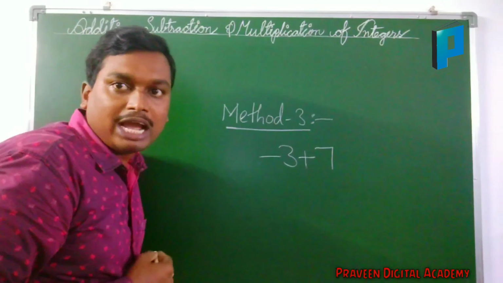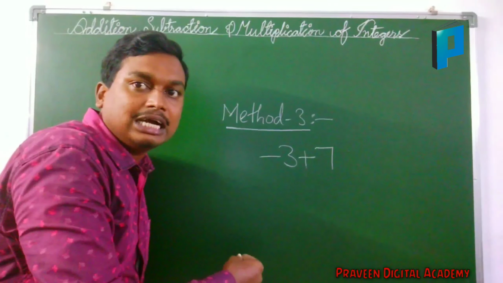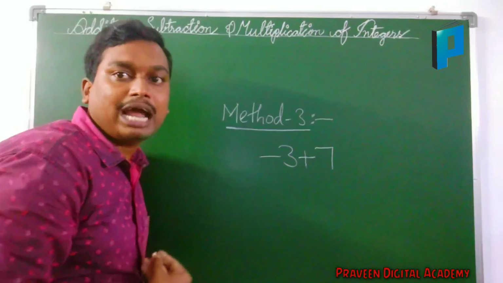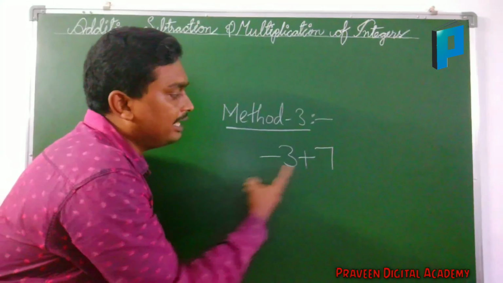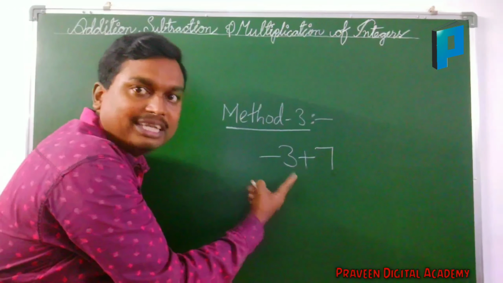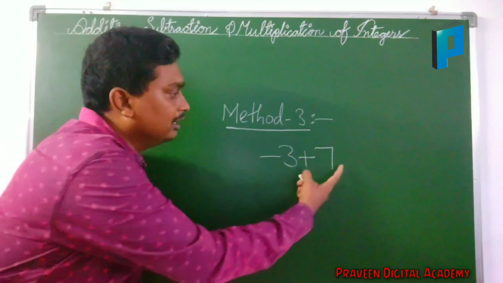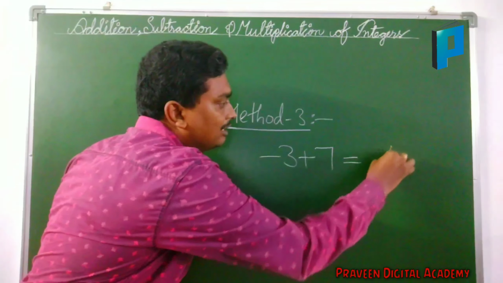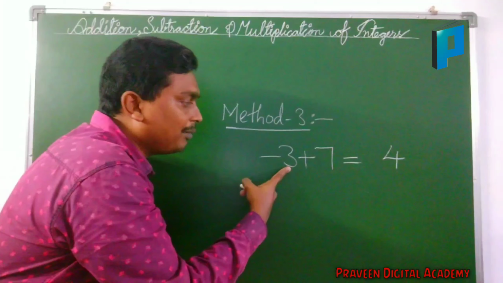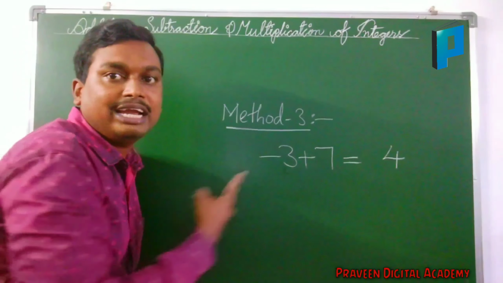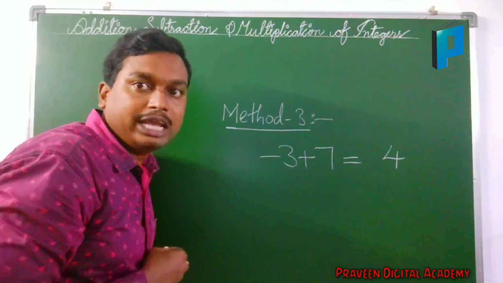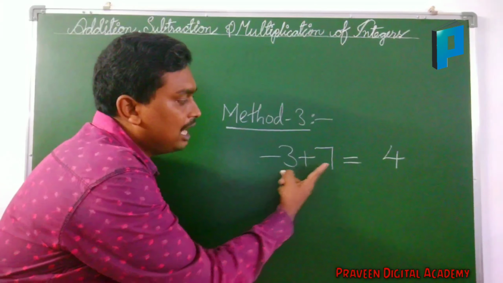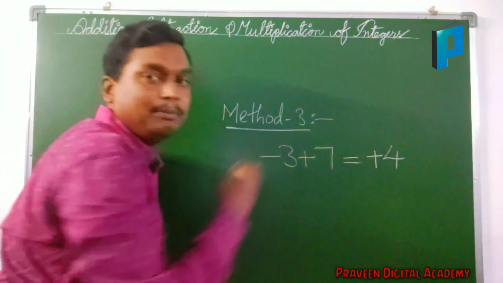At this time, what we have to do is always subtract the higher number and lower number. What do you have to do first? Subtract the higher number and lower number. In this, what is the higher number here? Higher number is 7, lower number is 3. 7 minus 3, how much will we get? We will get 4. Write down the answer 4. Subtract the higher number and lower number, and whatever answer we get, write down there. And we have to keep the sign of the higher number. Here what is the sign of the higher number? The higher number's sign is plus, so you can keep plus here.